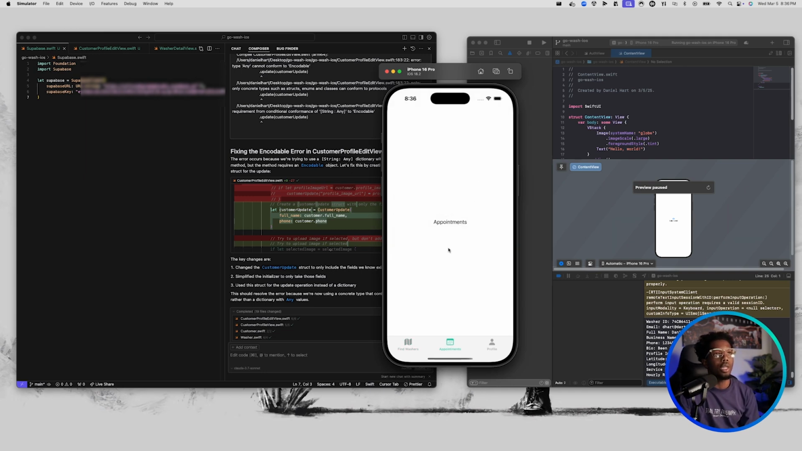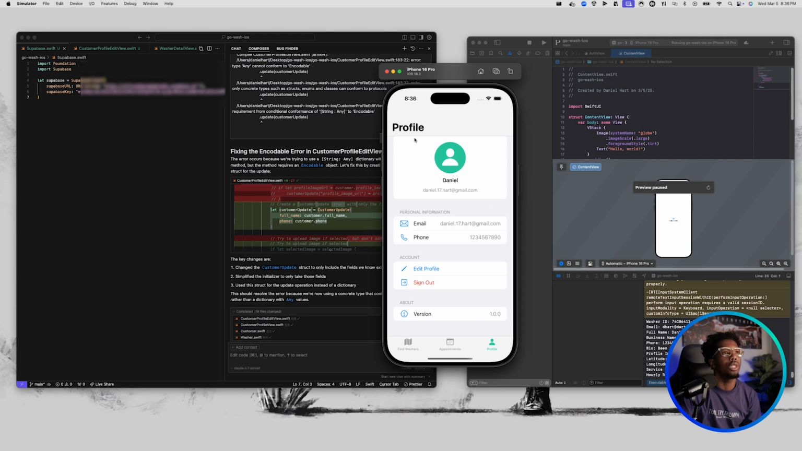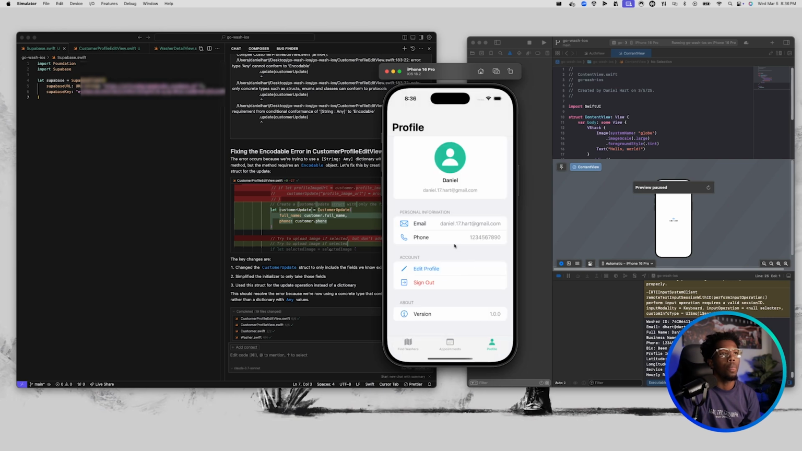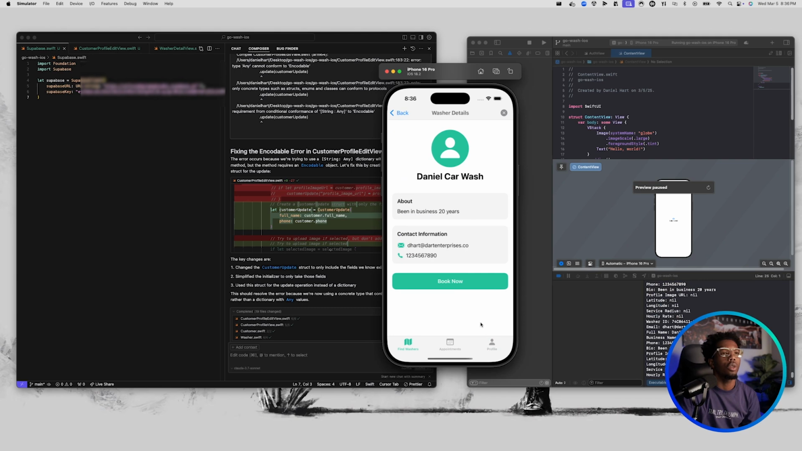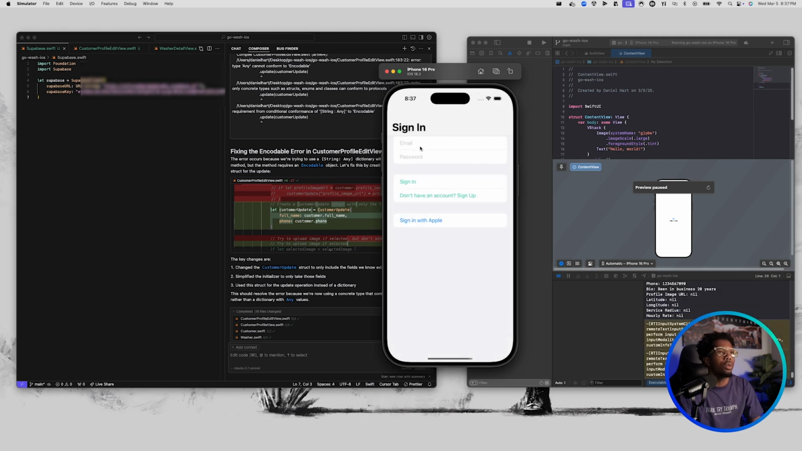Appointments hasn't been filled out yet. There's a profile page, so you can see information about the user: the name, email, contact info. It gives you a pop-up to edit their info, and they can sign out. Pretty useful. So if I were to go ahead and sign out and then sign back in with